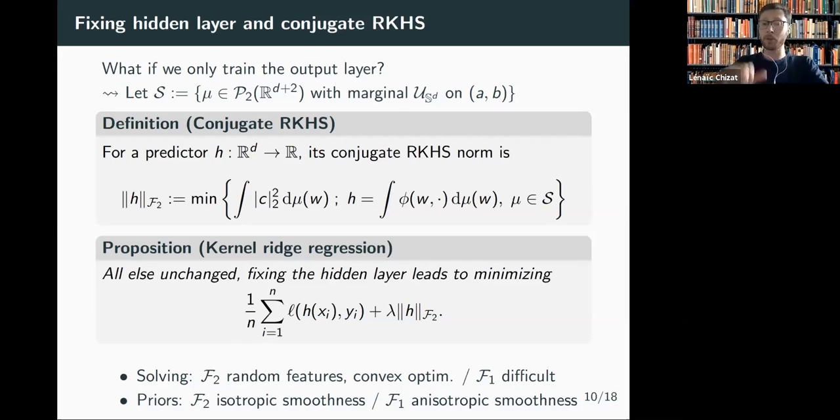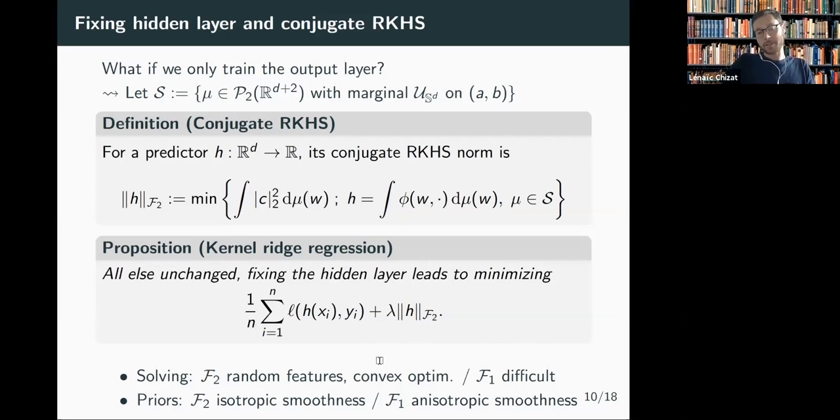this problem. But in contrast, solving the previous problem with F1 norm regularization is a difficult problem. I do not know a polynomial time algorithm, for instance. And what's fascinating is that this is precisely what training our two-layer neural network is doing, although we do not have quantitative computational guarantees for this problem.